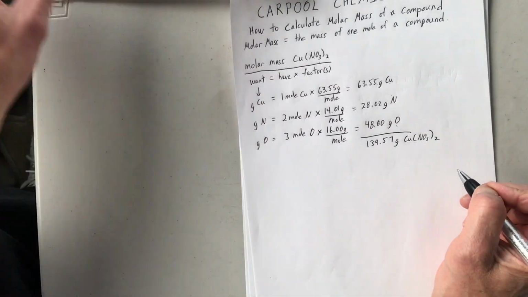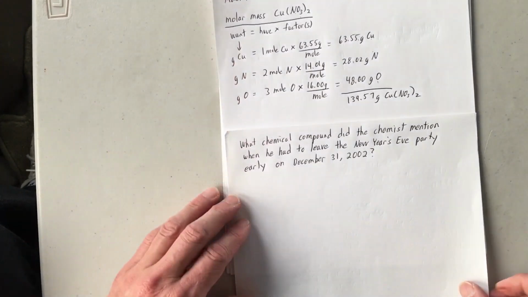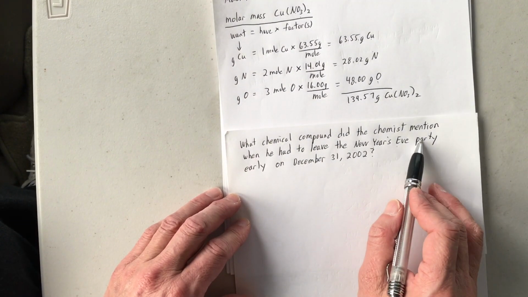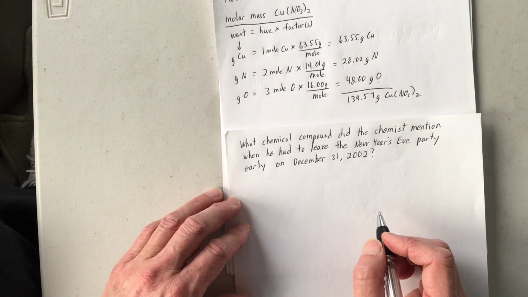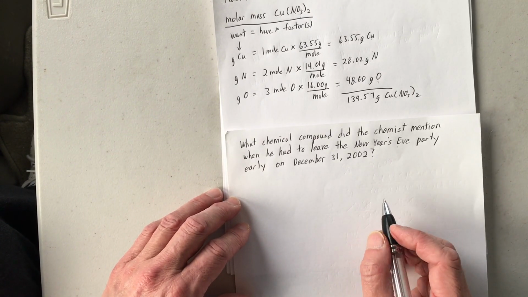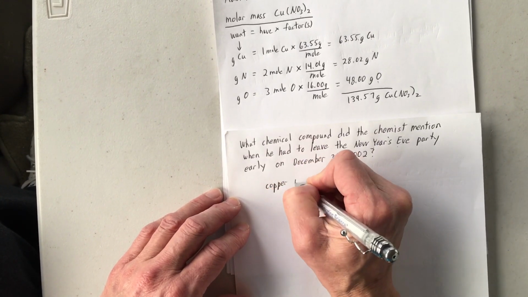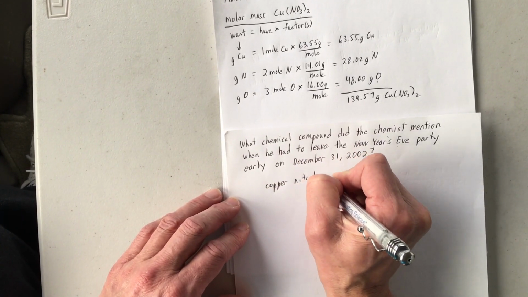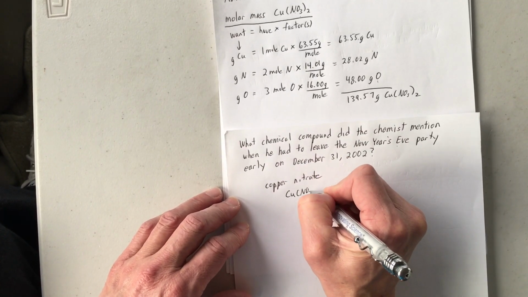Speaking of which, what chemical compound did the chemist mention when he had to leave the New Year's Eve party early on December 31st, 2002? He mentioned copper nitrate. Why did he mention copper nitrate? Because he said CuNO3,